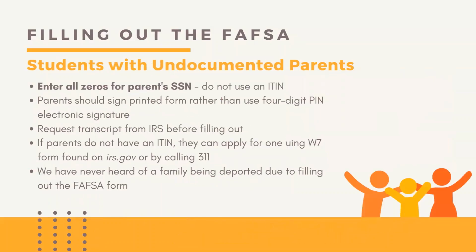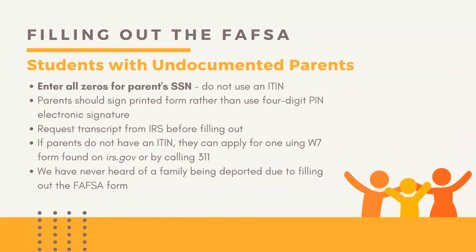If you are a student with undocumented parents, make sure that you include all zeros for your parents' Social Security number. Do not use the ITIN number. Parents should also sign a printed form rather than use the 4-digit PIN electronic signature. You can also request your transcript from the IRS before filling out. If your parents do not have an ITIN number, they can apply for one using the W-7 form found